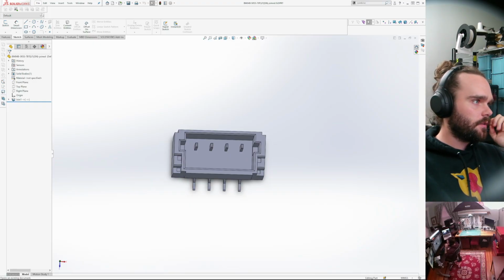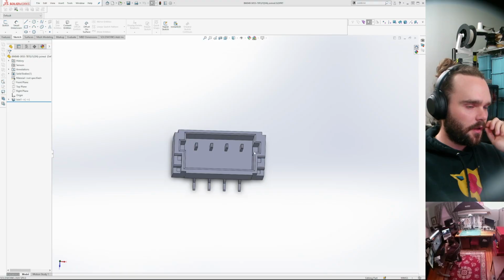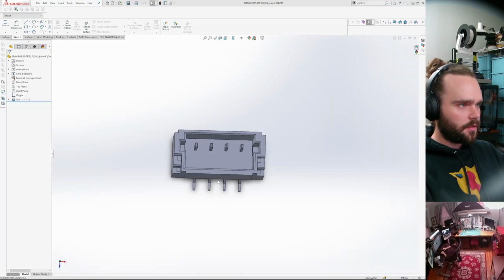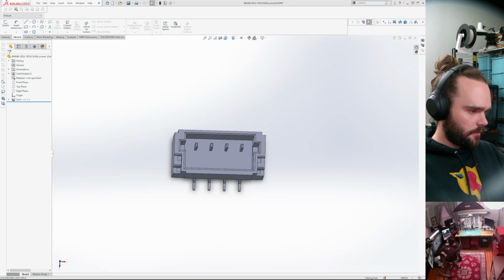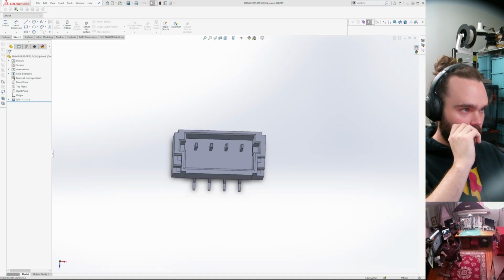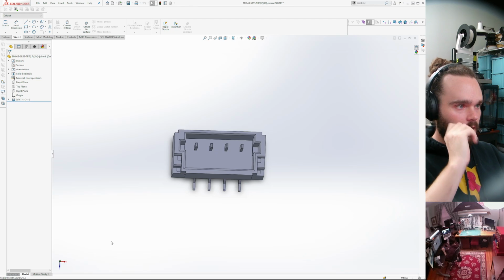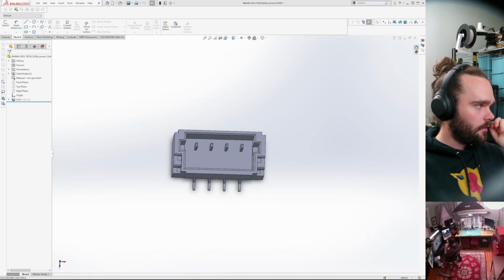So then let's export this. File, save as copy. New folder, step, export. Step E1. Okay. So this is exported.